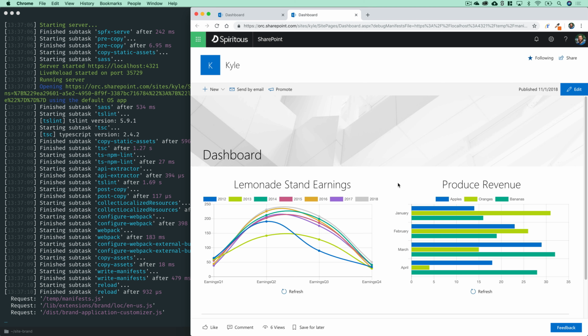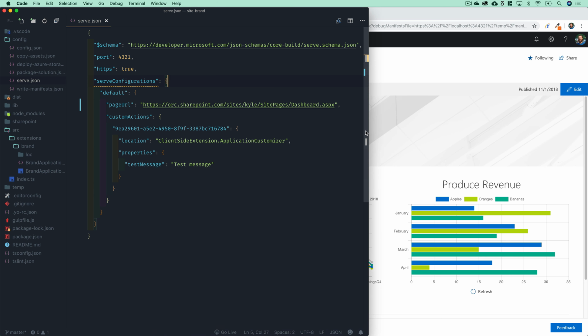And that certainly is one thing you can do with your application customizers. You can show alerts to users. I don't know that there's a lot of good cases to do that. So we're actually going to do something very different in this case. But if you do have a requirement where for some reason you need to do that, that is certainly an option. But what we'll do in this case is jump back into Visual Studio Code